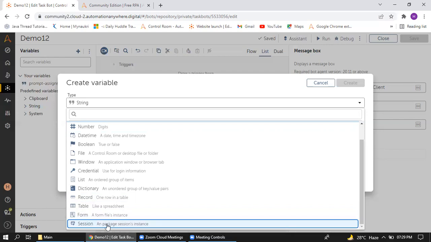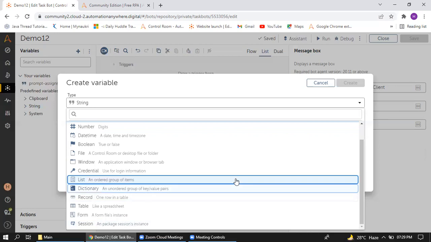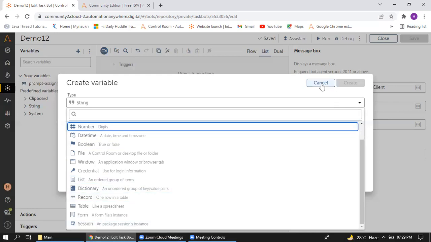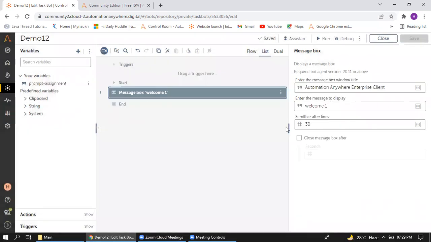Next, session. Session variable is used, for example, when I am using two different Excel files in a bot. They should have different names because I don't want one to be overwritten, instead of writing one file. Because of that confusion, I can name different session names so that the bot can do the work perfectly. Okay. Next, close.